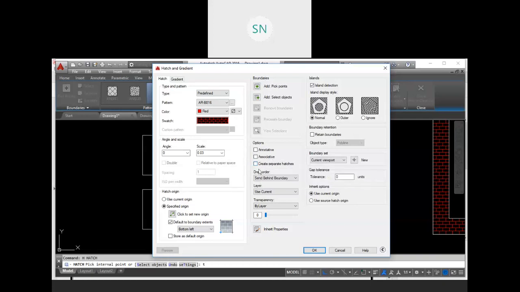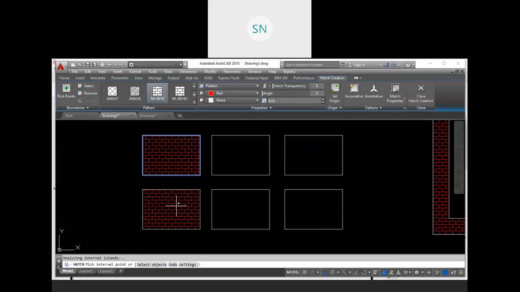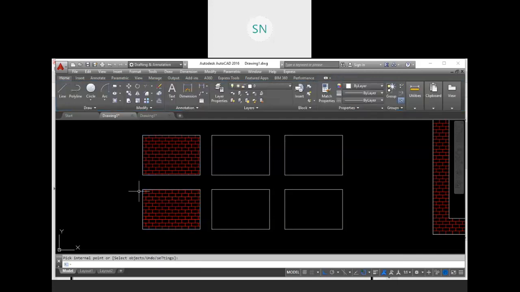Create separate hatches. We have turned off this option and are going to fill up the hatch with this. Pick an internal point, selecting this area and this area. I have selected both areas at a time and then hit enter. So this hatch command is finished.